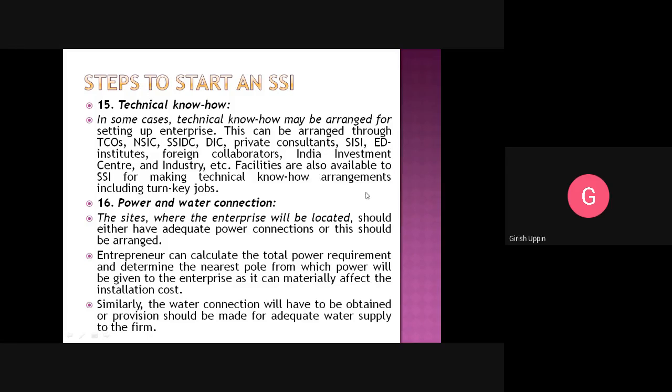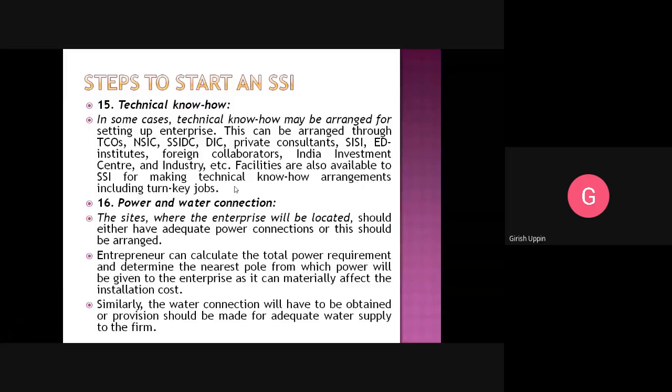Facilities are also available to SSI for making technical know-how arrangements, including turnkey jobs. So the facilities are available where they will help the entrepreneur to understand the technology. They also include it as a part of the EDPs.